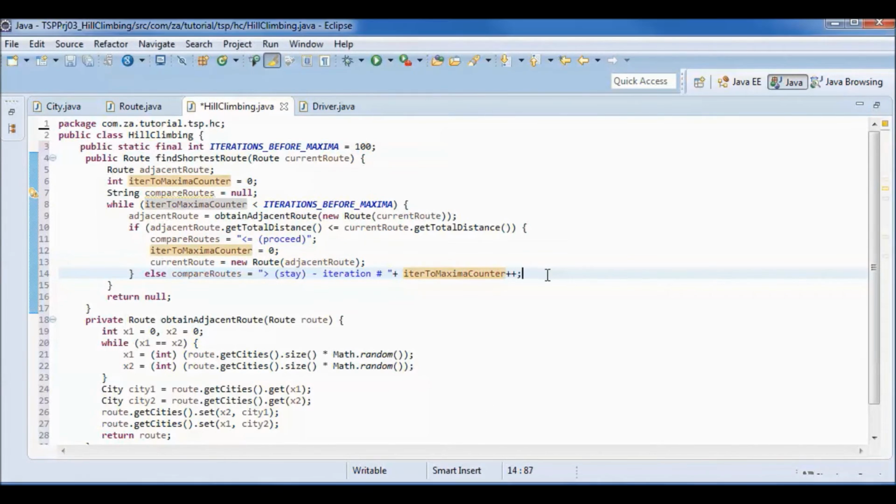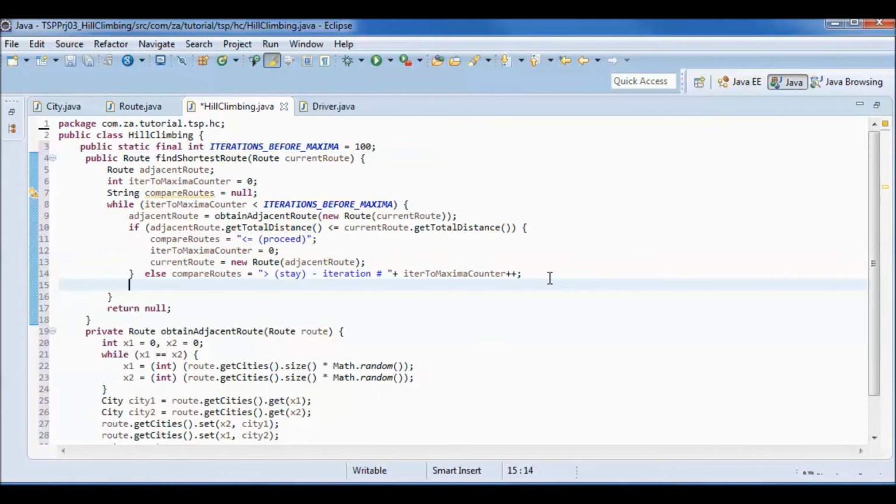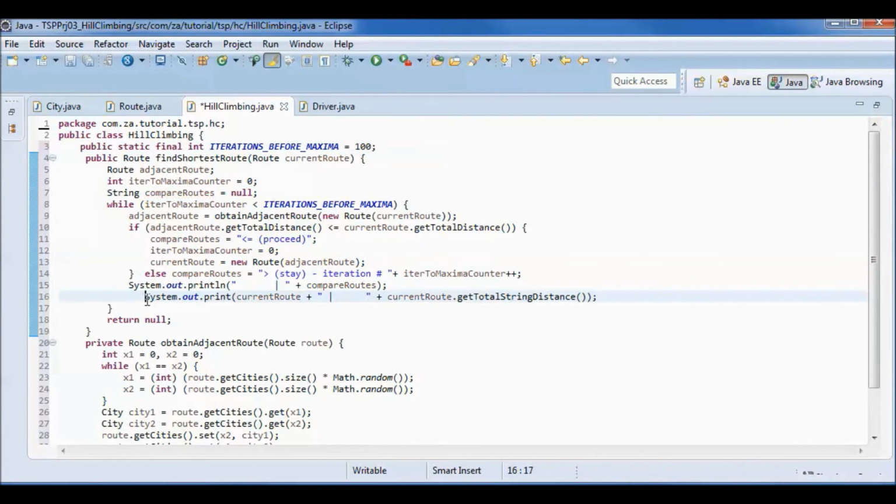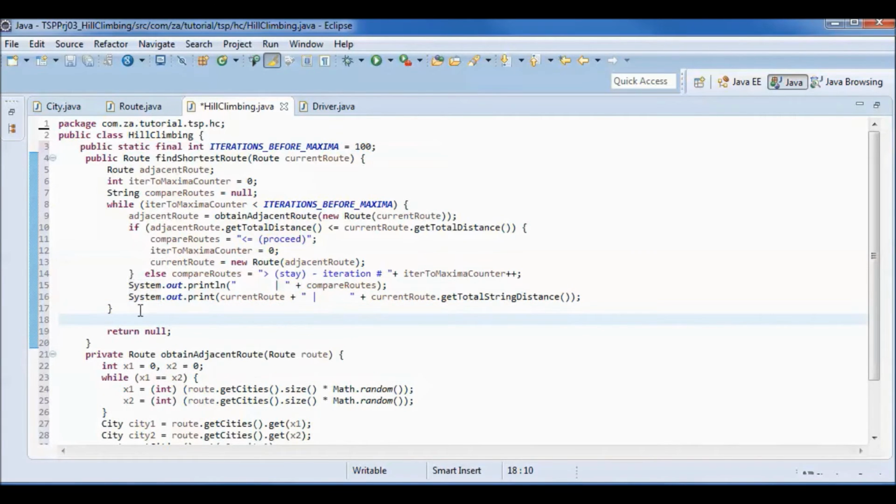and we print out the route, the distance in miles, and comparing adjacent to current route. And if the iteration to maxima counter is equal to 100, then we are on a potential maxima.